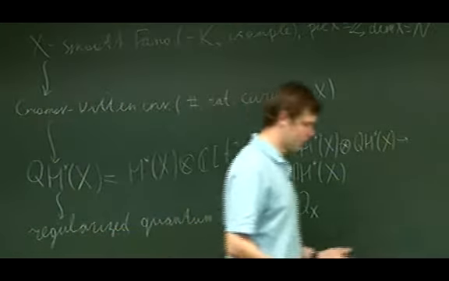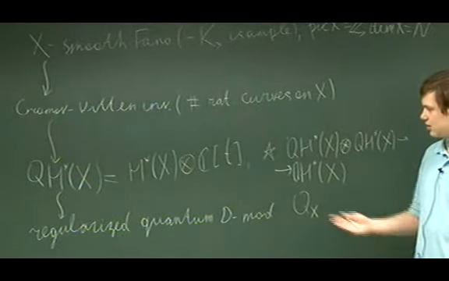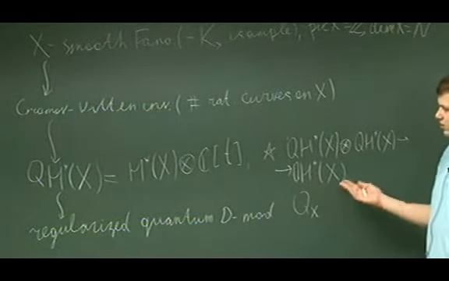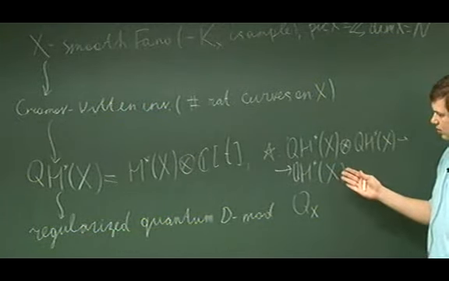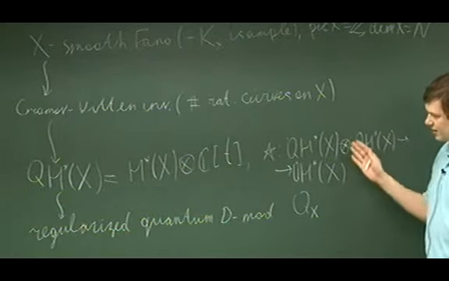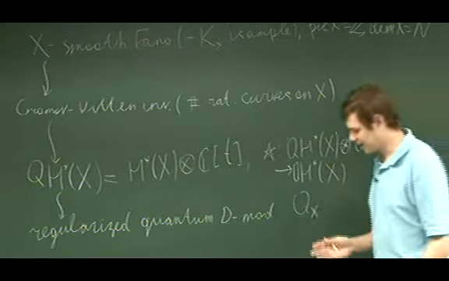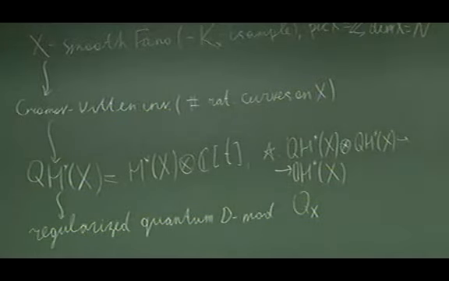And we say that our connection defining this D-module is just the quantum multiplication by the canonical class. So anyway, I don't want to give a precise definition because it's not the point of my talk,